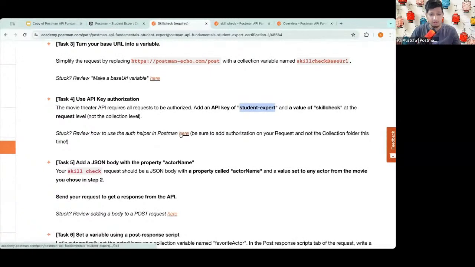Now I'll take a pause here and I'll wait for you to finish till here and then we'll move further and we'll do the last two tasks. Okay. So if you have not done it till here, please go ahead, revise this till here and then you're good. Oh, you made a mistake in adding the URL.